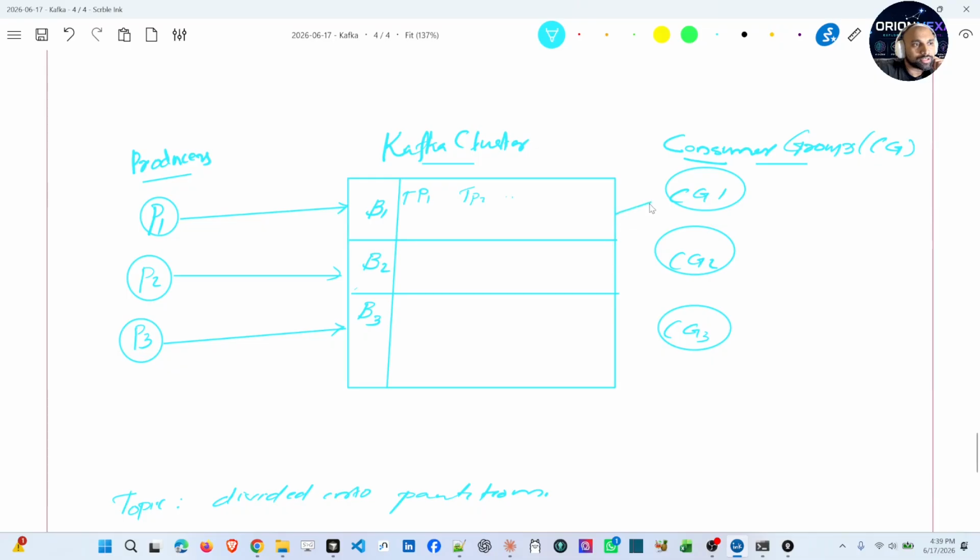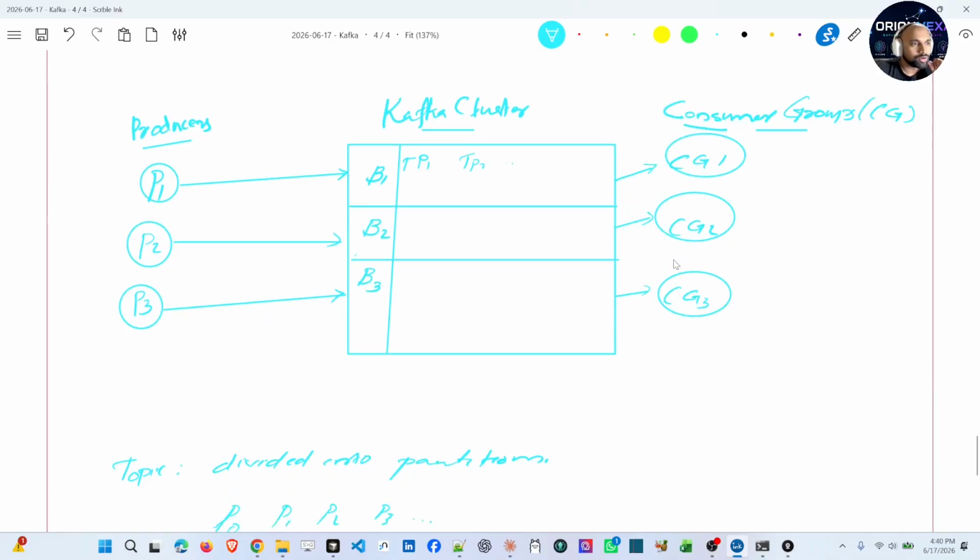They can subscribe to any of the topics, topic 0, topic 1, topic 2, topic 3, from anywhere they want. Depending upon which topic they need, they can subscribe to those topics. That means they can subscribe to that message. This is how Kafka is working, and how it is getting controlled and coordinated.